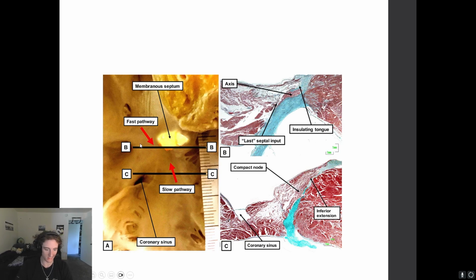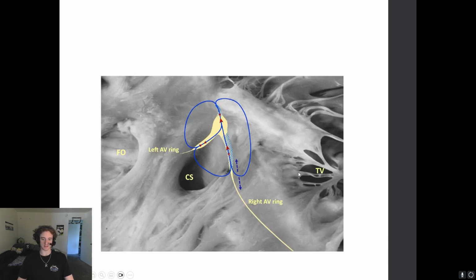So I hope I didn't move too quick through that. But really, this paper is just suggesting that the size is what's really important. If there's small ring tissues, everything's going to be localized to this area, and you're going to get the typical slow, fast conduction. If there's big ring tissues, then this signal is going to be able to propagate more through slow conductive tissue, which will contribute to the higher HA interval that we see in the atypical atrial AVNRT. So now moving on to the third figure in this paper, we see this new proposed